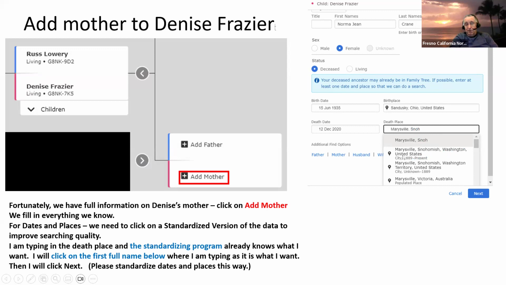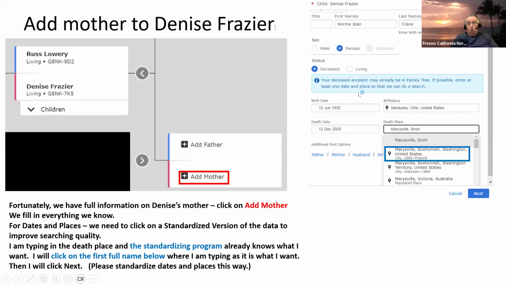And it's a city. This was in 2020, so it was after 1898 up to the present. So I'm going to click on that, and it will automatically fill in that box that I was typing in. And it will now be standardized.